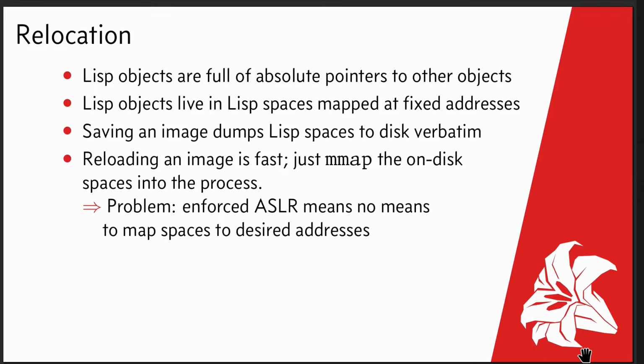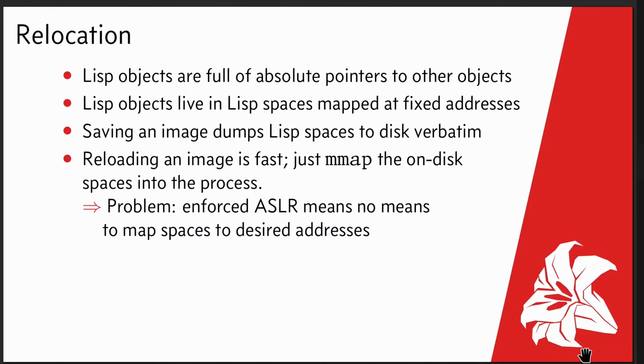dump everything out literally. So all the addresses, so let's say you have a lot of data, that data has a lot of absolute pointers because objects are represented as tagged pointers. So when you actually dump an image, what happens under the scenes is that everything in your memory is just dumped to disk with the numbers as they are. And then what a runtime like SBCL expects when it reloads an image is that it just maps everything into the process as if it were still the process from before, with all the literal addresses as they were in the past. So traditionally, this is no problem because SBCL can pretend it owns the entire process space, and it